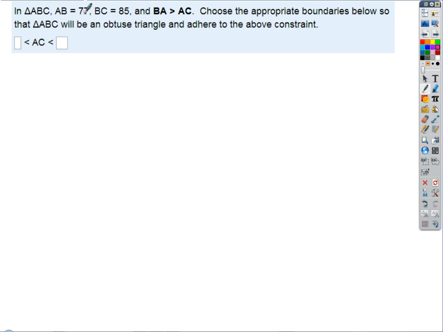So when I draw this triangle, here's where I think people sometimes go south. You want to draw a right triangle. It's important that you draw a right triangle because that's going to be the boundary between acute and obtuse. If we want this to be obtuse, the smallest obtuse angle is going to be one that's just a tiny bit bigger than 90, right? So we're just going to barely nudge this thing from a right triangle to make it obtuse. So when we draw a right triangle,